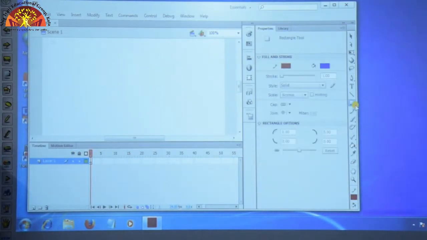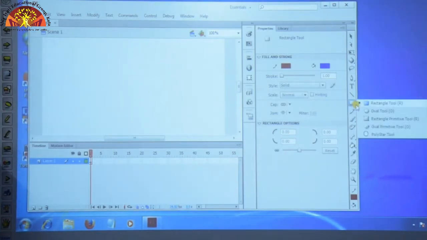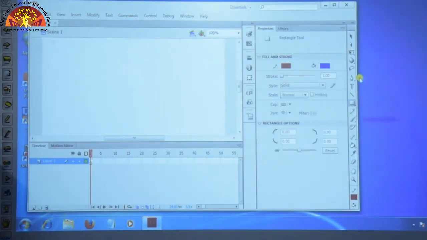Okay students, now we will see how to create a rectangle shape on this workspace. For this we have to click on the rectangle tool. This is your rectangle tool, and you can see here different tools by clicking on the drop down arrow on the rectangle tool. Okay, so here we have 5 shapes. Click on the rectangle tool, and here in the panels you can see the properties tab. In the properties tab, we have different properties for the rectangle shape. We have fill color, stroke style, stroke color. Okay, so this is your properties tab.